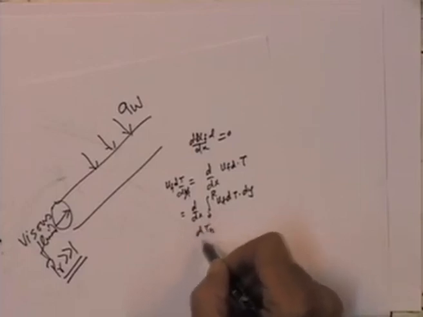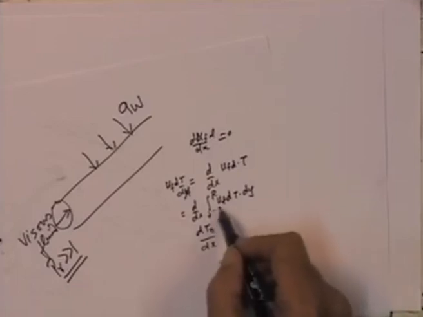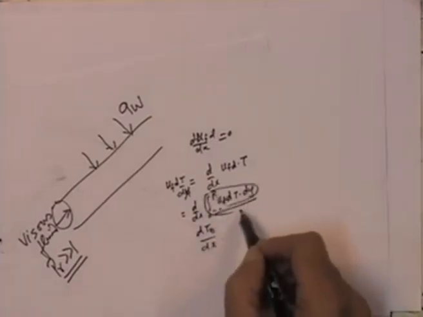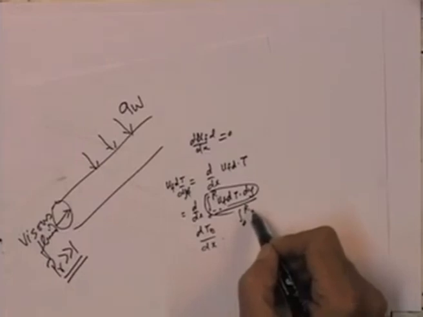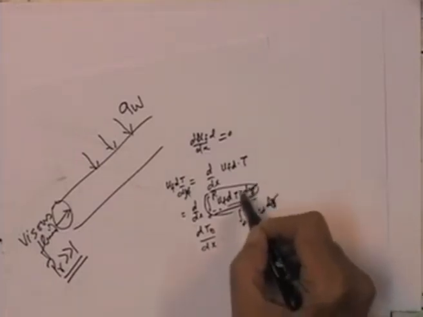Then this gives me dT bulk by dx, when this is divided by integral 0 to r UFD, I mean r dr rather,